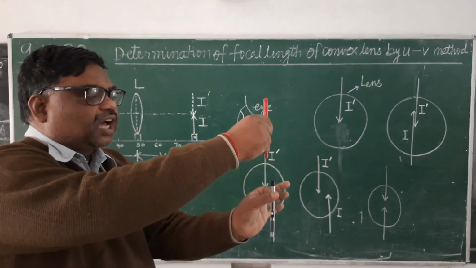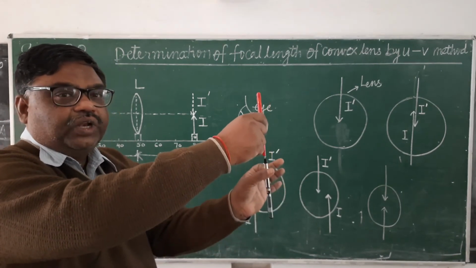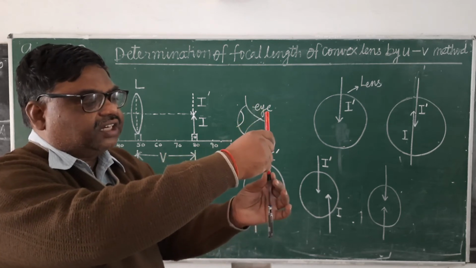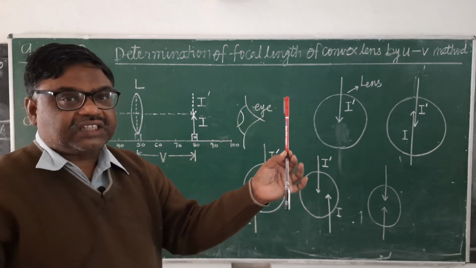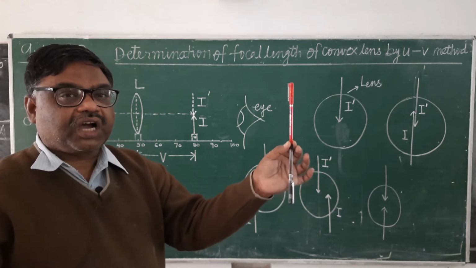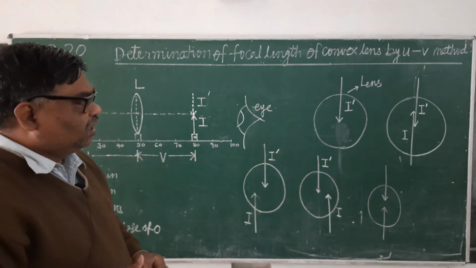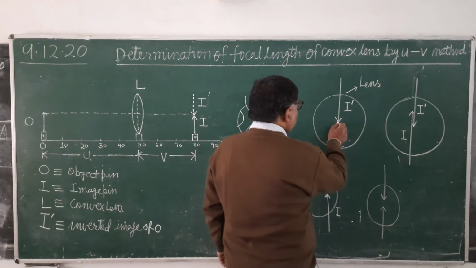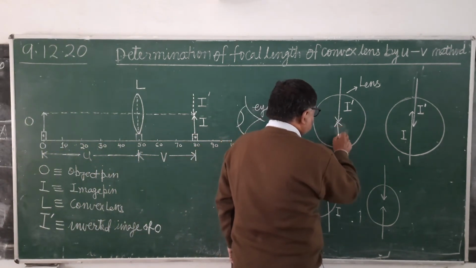Or if the tips are separated, then you will adjust the height of the pins in such a way that there is a tip to tip contact. कैसा कांटेक्ट हो? टिप से टिप का कांटेक्ट हो. It's clear. Means you will do like this. Here this is the tip to tip contact.